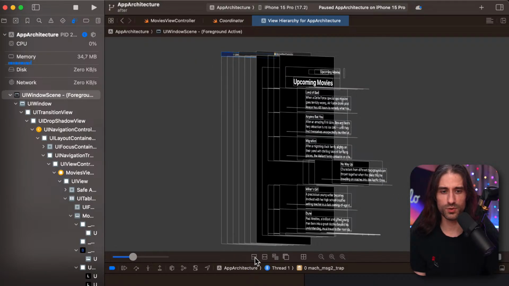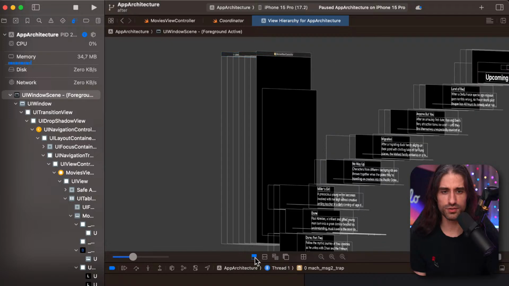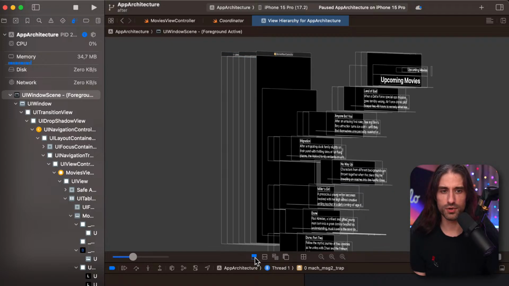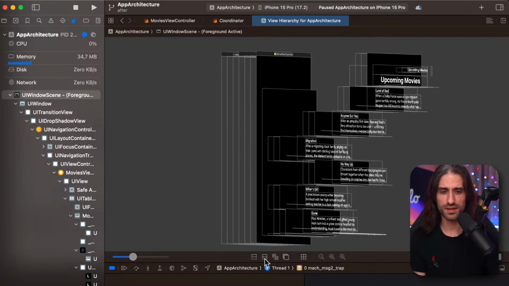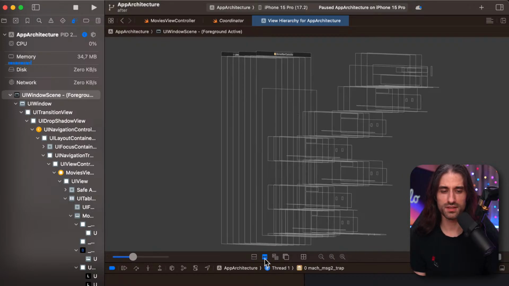And then we have these things, which I must say I have never used. We can show the clipped content. Okay. Then this one is about showing the constraints.